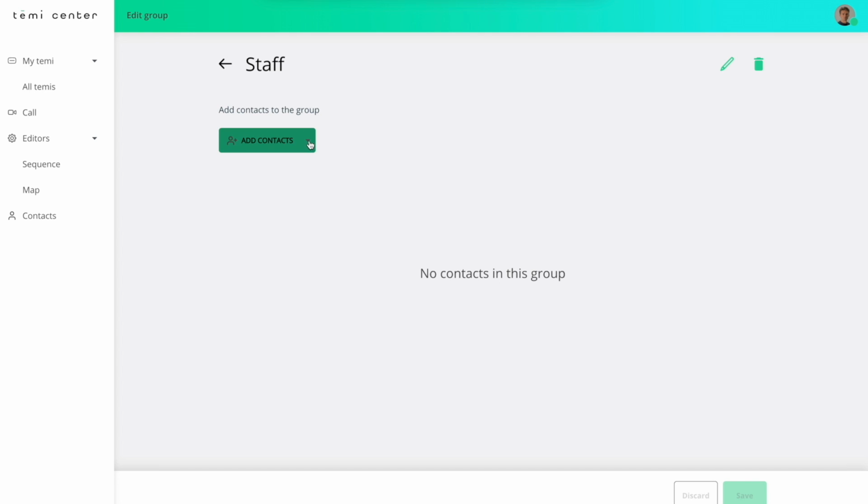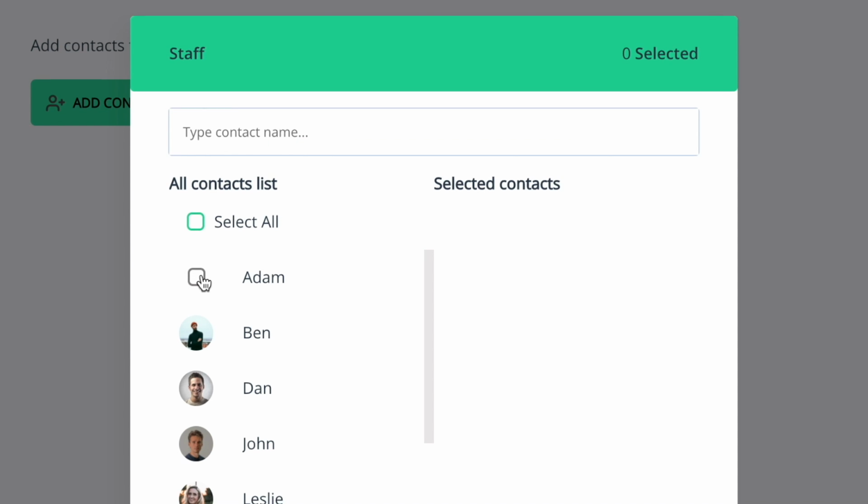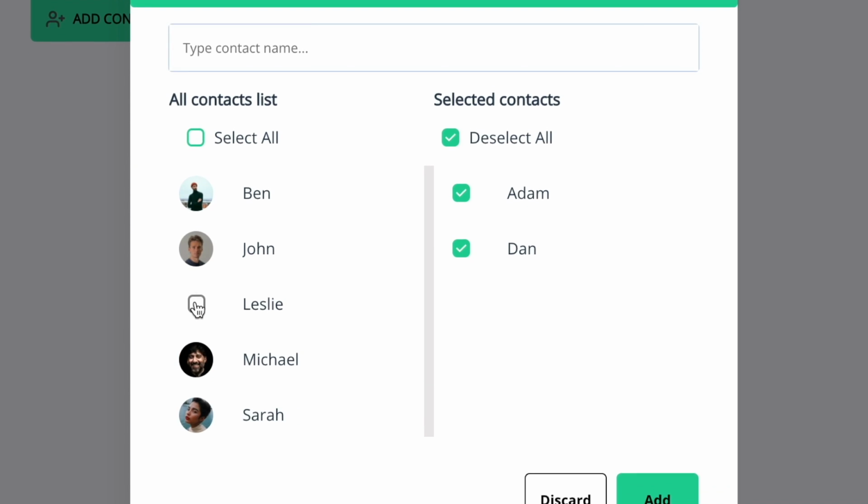Now that your new group is open, you can either add contacts from your contacts list or by creating new